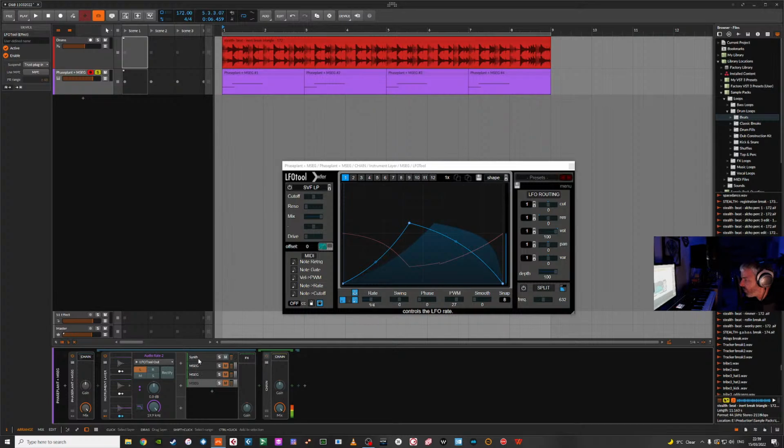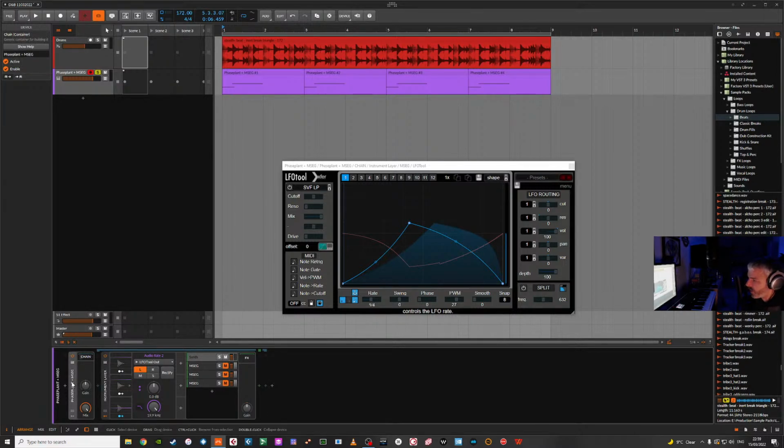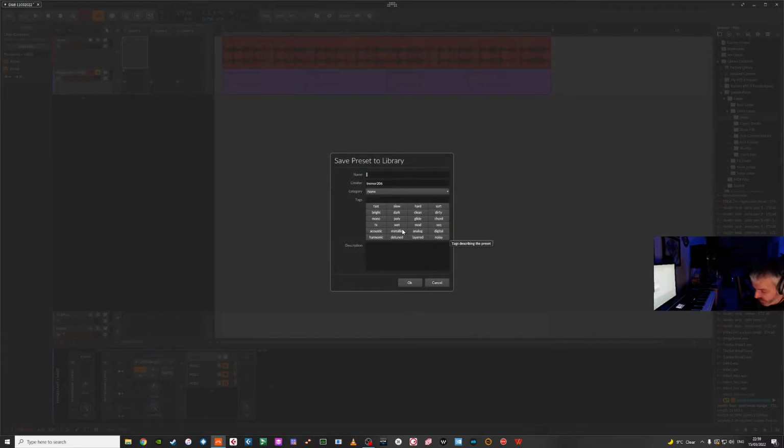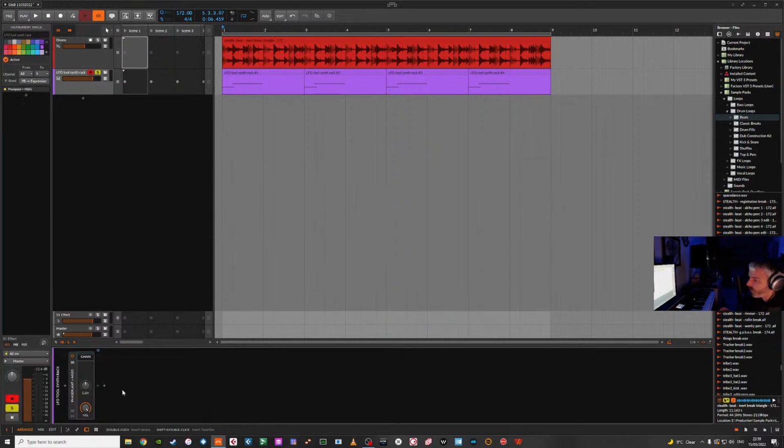So we could go to, oh, I took Phase Plant out. The point of what I'm trying to show you here though is we can take this, it's already in this chain, so we can just save this as, say, preset to library and call it LFO Tool synth rec, and save. And then anytime I want to load a synth and want to modulate it with LFO Tool,